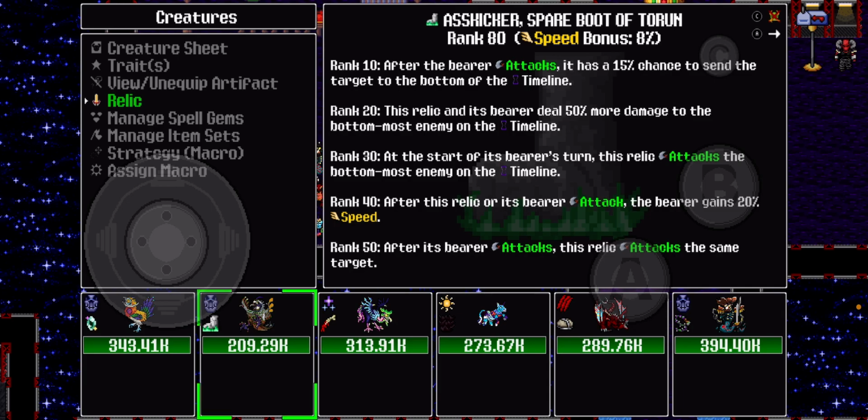Rank 40 gives a 20% speed bonus, either after one of these relic attacks or a bearer attack. So these are sweet little speed boosts here to help this happen more and help the bearer to clean up any remaining residual enemies. So usually about 2 to 3 are left over at most after that first burst of blighted